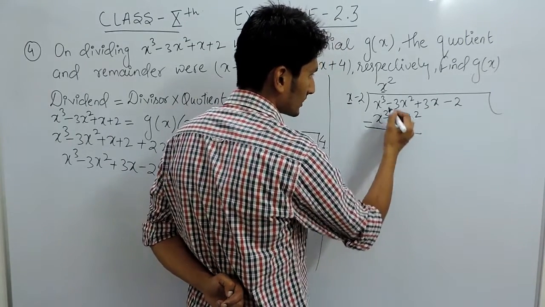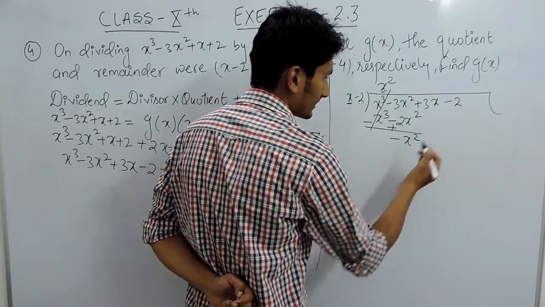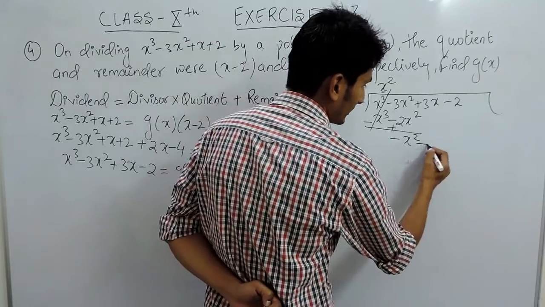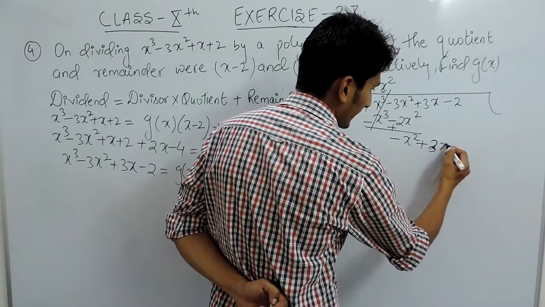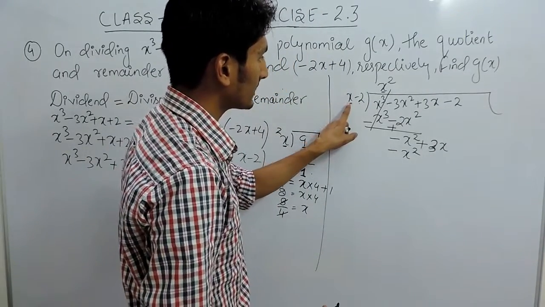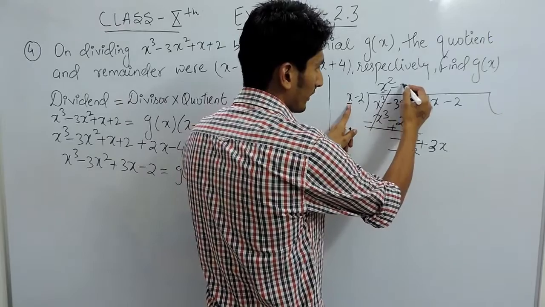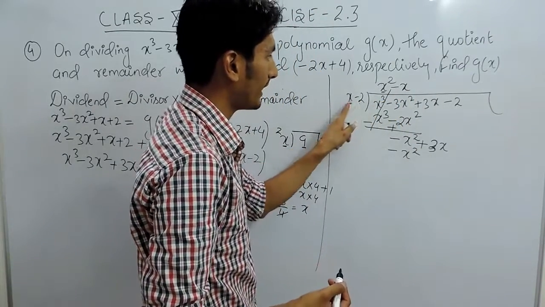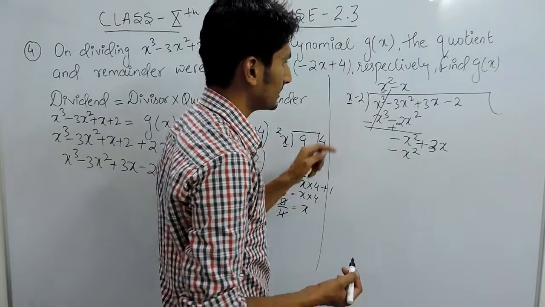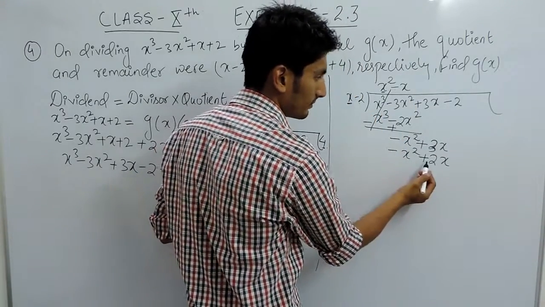Subtracting, you have to change the sign, positive negative can be cancelled out, plus minus is minus, so this will become minus x square with negative sign because greater value has negative sign. After that I can copy 3x as it is. After that you have to make here x minus x square, so you have to multiply something with x to make it x square. So obviously 1x is already here, you have to multiply it with another x, so x multiplied by x is x square, minus sign because you need minus here, and after that when this is multiplied by this will give plus 2x because minus multiplied by minus is plus.